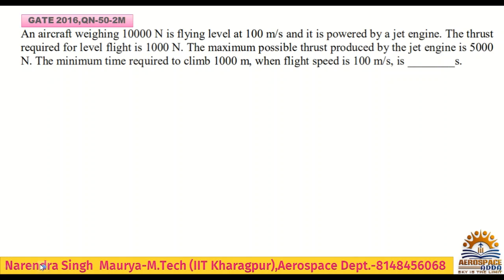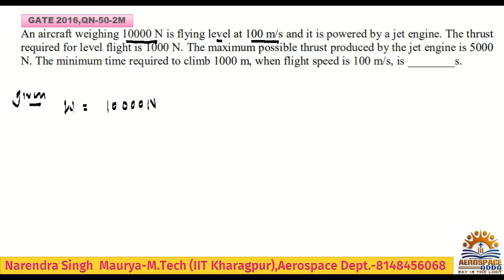Now this is question number 50, and this is again GATE 2016. Okay, so 2 marks problem. An aircraft weighing 10,000 Newton. Okay, so given data I have to write here first. 10,000 Newton is flying level at 100 meter per second. So first I will write weight of the aircraft. It is nothing but 10,000 Newton, flying level at 100 meter per second, and it is powered by a jet